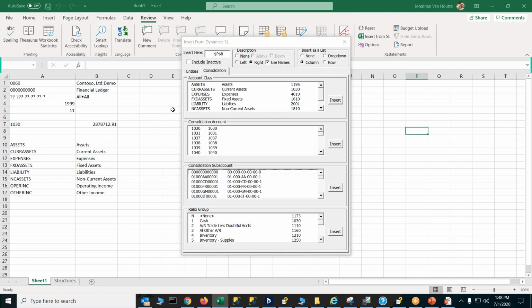Okay, so when I click this, these boxes are automatically sorted by the first column. But if I double click in here, it's going to resort by each column in order. And this third column for account class, this is the first account in the current company that's used with that account class. So if you want these to come out in chart of accounts order, which would be typical in a financial report, you just need to double click in here to get them sorted by your chart of accounts number. And then when you insert them,